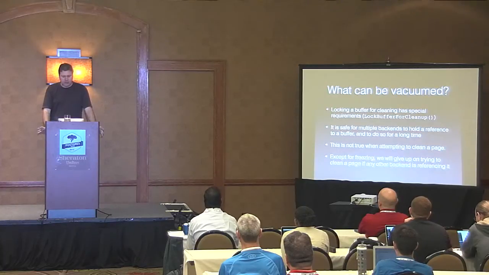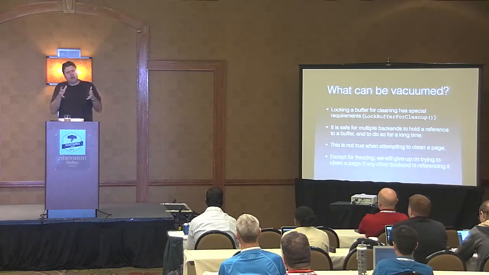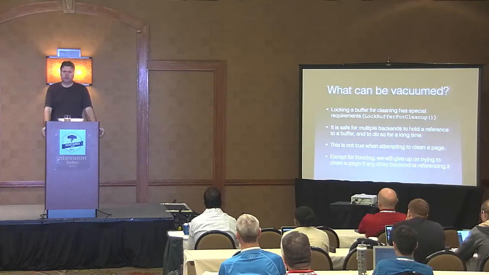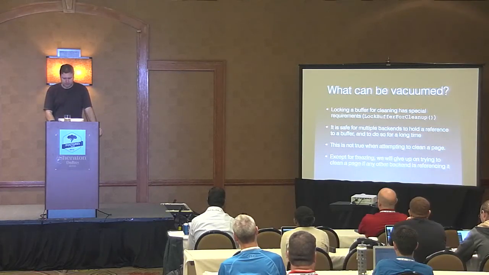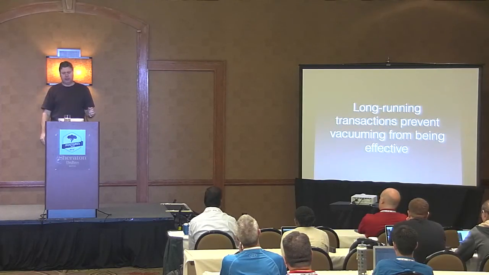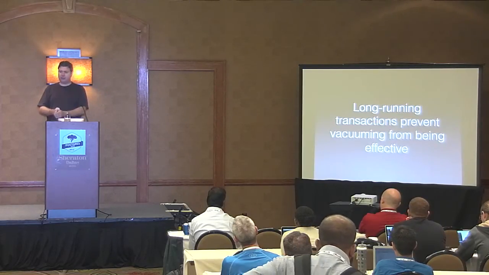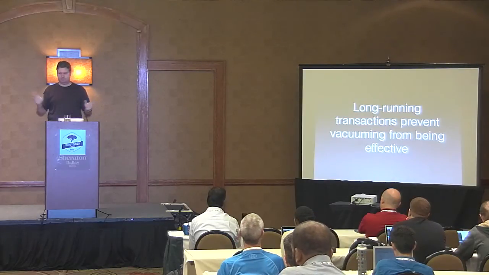So that's an important concept that I think is probably not very well known: if you're sitting there vacuuming and going, well, the bloat's not really going down, this is potentially a cause. And this is one thing that changed in 9.5. We now actually will spit out log information when we can't acquire this lock. So the key takeaway here is long-running transactions and high transaction rates, not good, because long-running stuff means vacuum can't